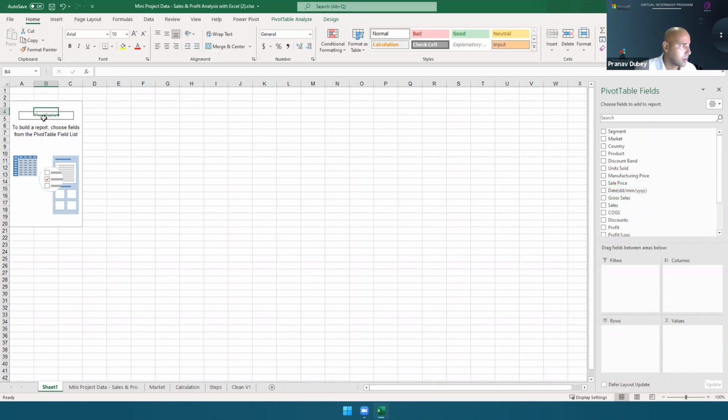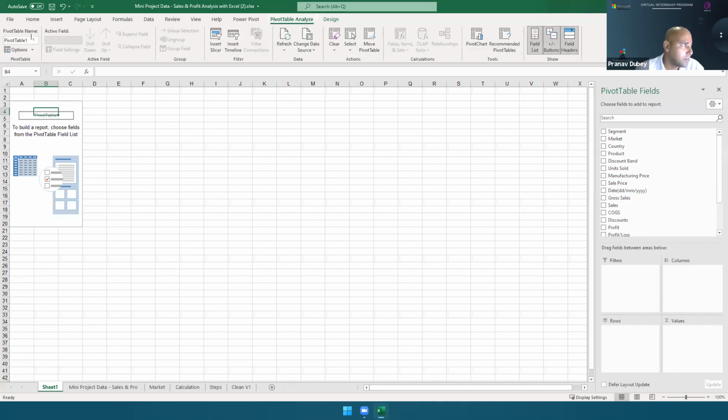Okay, first, very simple. So we will do gross sales by date. So you see, I go here and in pivot table analyze, first I will give a name, gross sales by date.